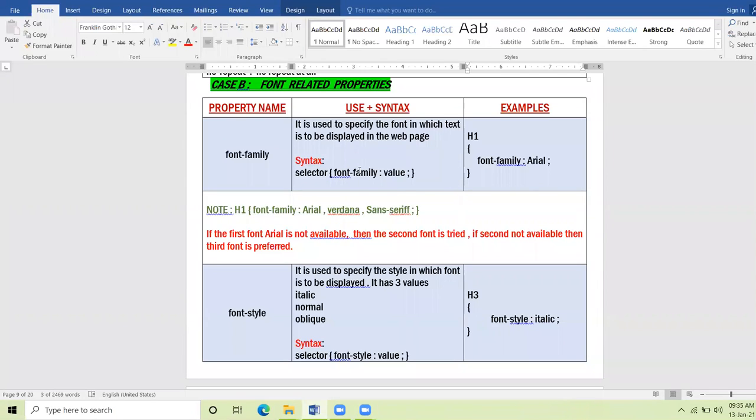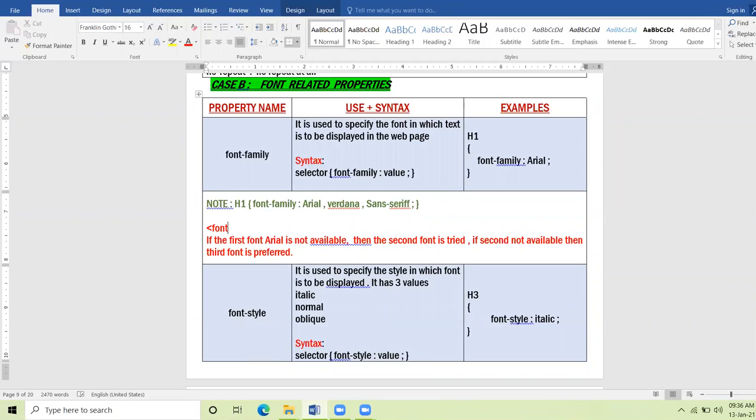All right. So the properties which are connected with the font, one is font-family. Font family means when you want to apply a stylish font or a style to the font. In HTML, when we used to apply the font, we used to say font face equal to Arial.